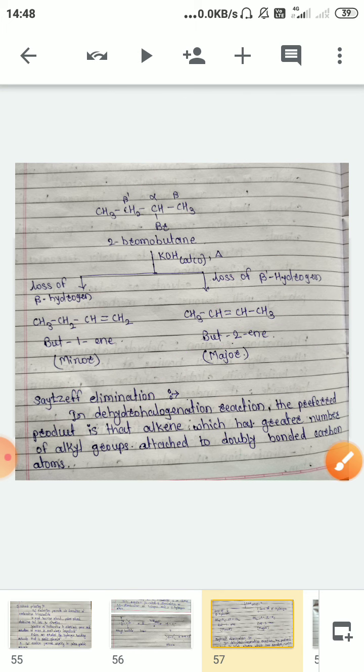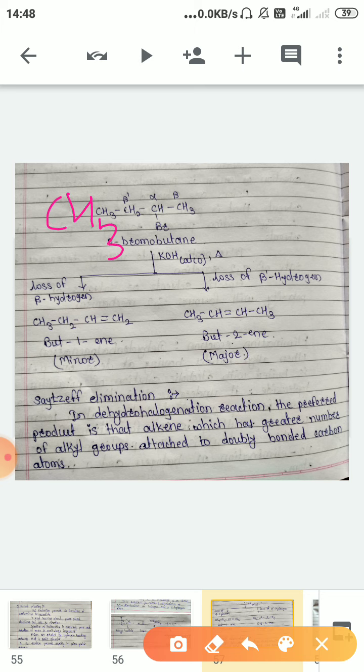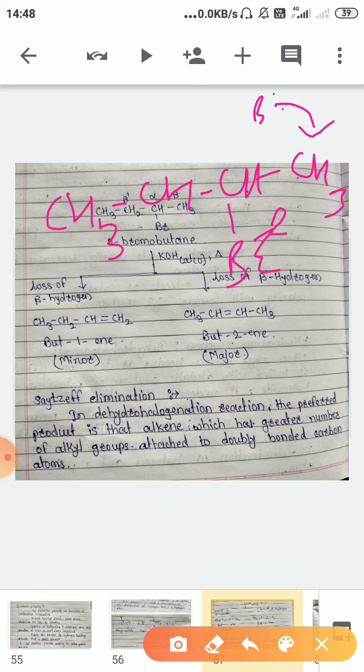Now we'll see the second one. Consider again CH3, CH, CH2, CH3, sorry, not CH2 here, Br, CH, Br. Now if the base has abstracted a proton from this carbon atom, one of these three hydrogens is abstracted by the base. So by the abstraction of the base, the carbon double bond will form between these two terminal carbon atoms, and bromine can depart. And it forms a